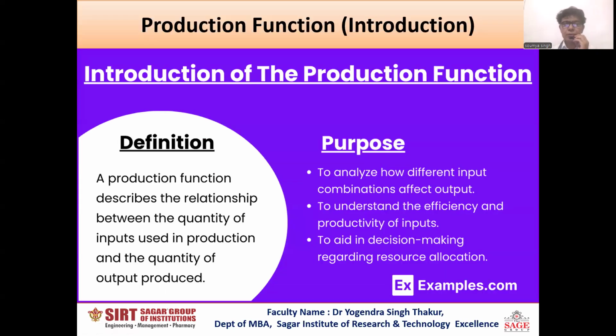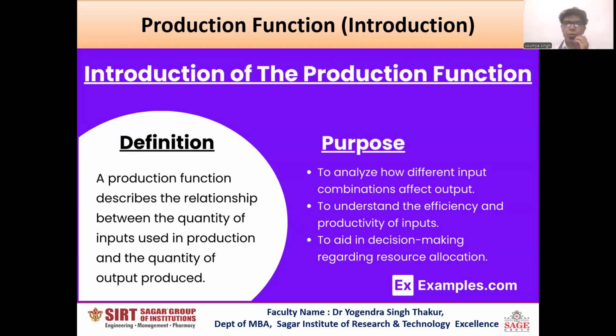Introduction of the production function. The definition: a production function describes the relationship between the quantity of inputs used in production and the quantity of output produced. Purpose: to analyze how different input combinations affect output, to understand the efficiency and productivity of the inputs, and to aid in decision making regarding resource